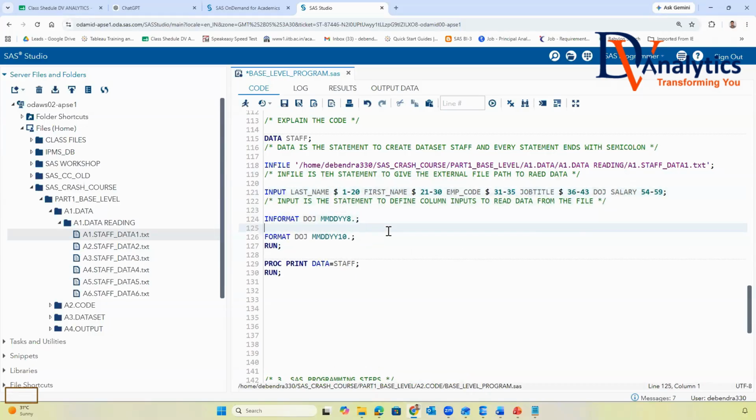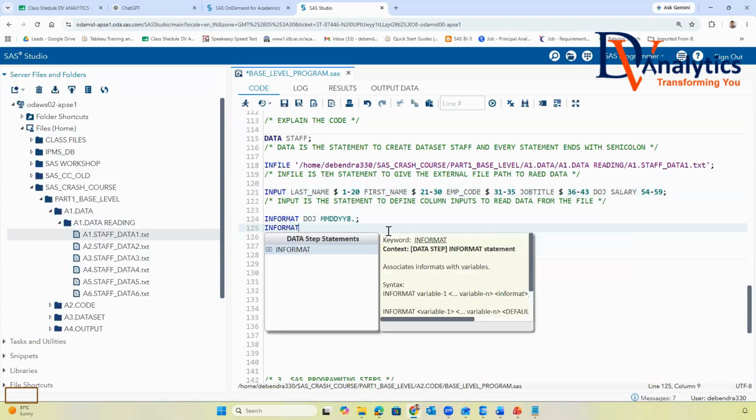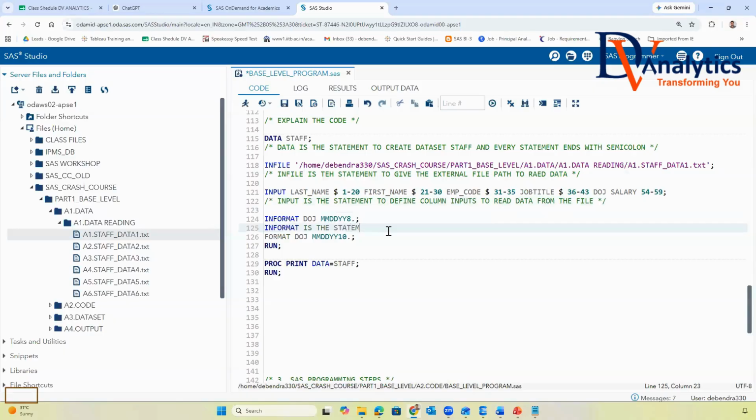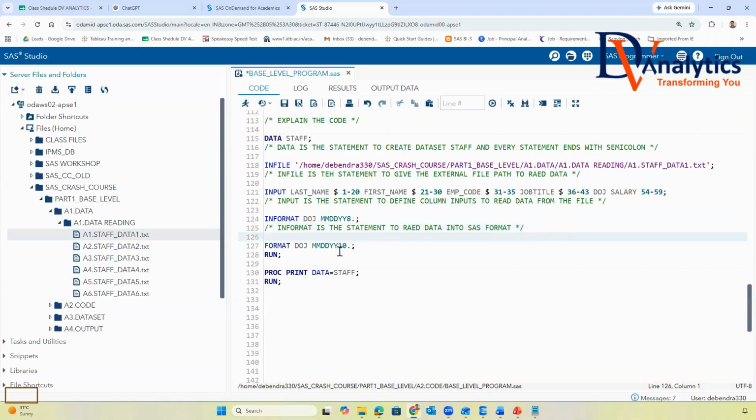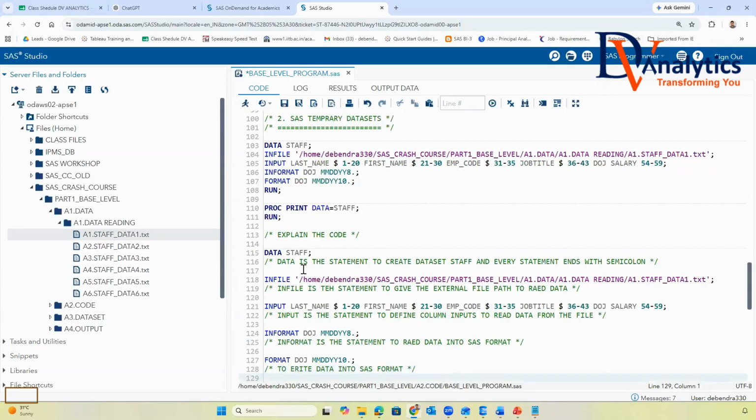Informat, we'll say informat is the statement to read data into SAS format. And you can say format is the statement to write data into SAS format. So this is how you need to go for explaining the code.